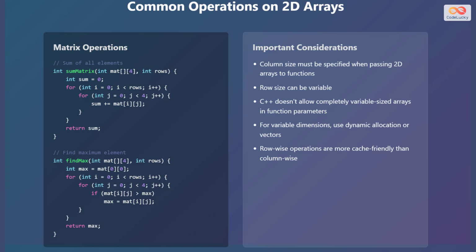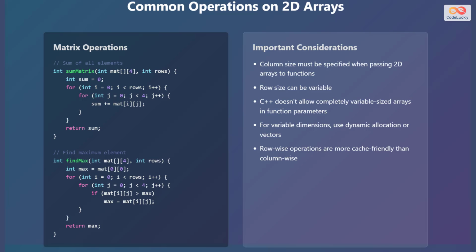Another common task is finding the maximum element in the array. int findMax(int mat[][4], int rows) { int max = mat[0][0]; for (int i = 0; i < rows; i++) { for (int j = 0; j < 4; j++) { if (mat[i][j] > max) max = mat[i][j]; } } return max; }